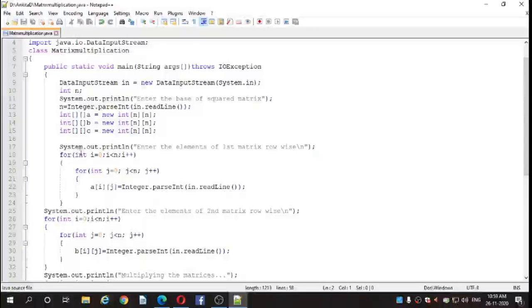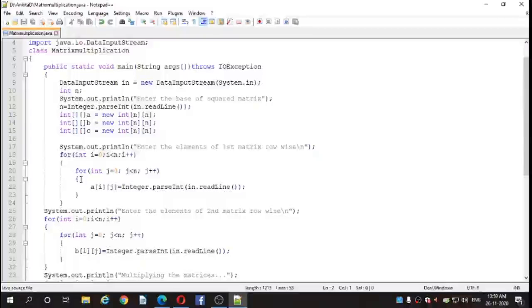Then we are printing System.out.println, enter the elements of the first matrix row wise. With the help of the i and j for loops, we are reading the elements of the first matrix, that is a, row wise. For int i equal to 0, i less than n, i plus plus.